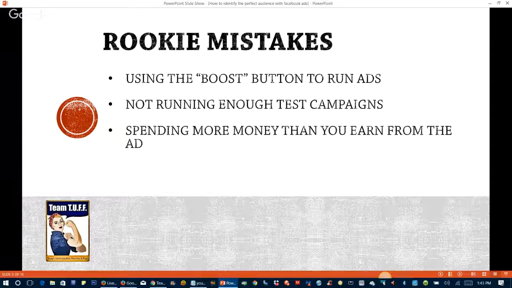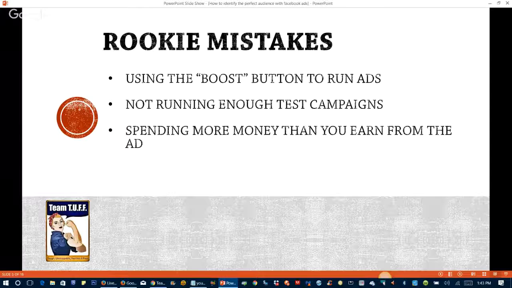Okay, so I will tell you that you can run ads really inexpensively on Facebook. By inexpensive, you could spend $40 a month and you could still have some success with Facebook. To me, that's really low. Compared to other advertising resources, that is extremely low.